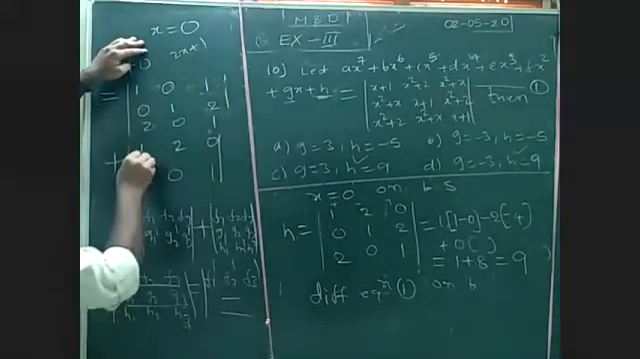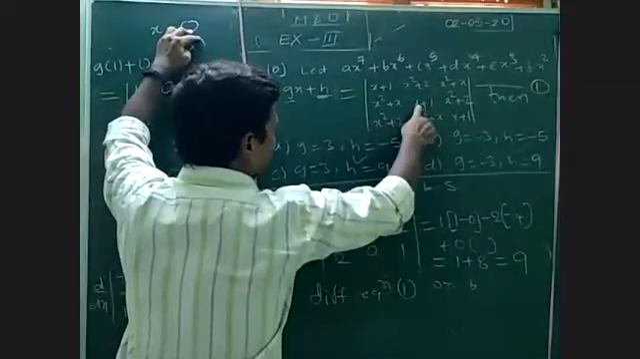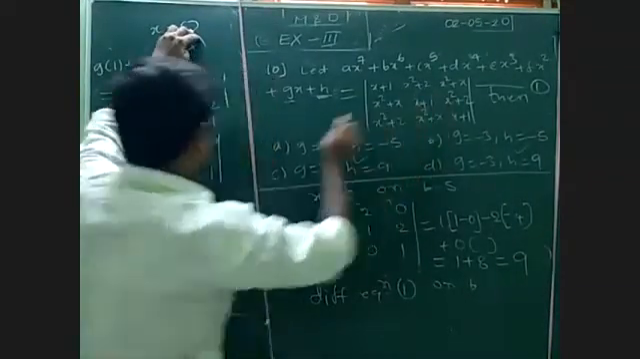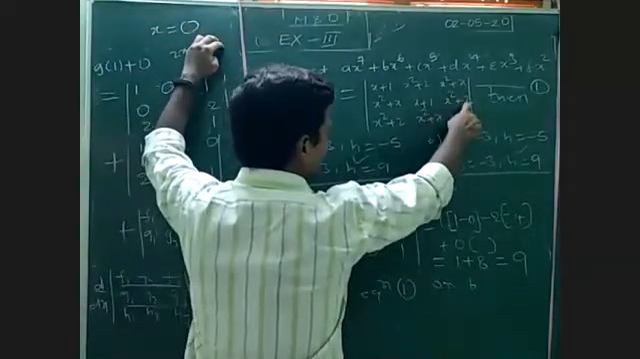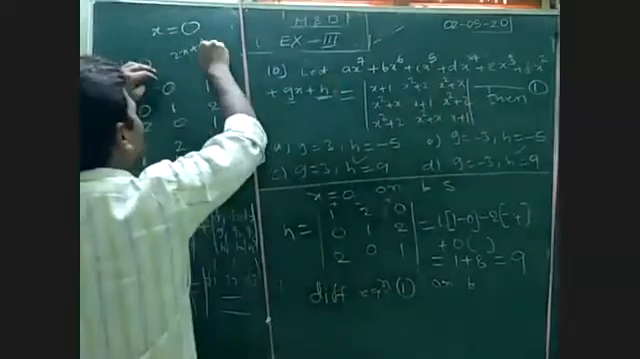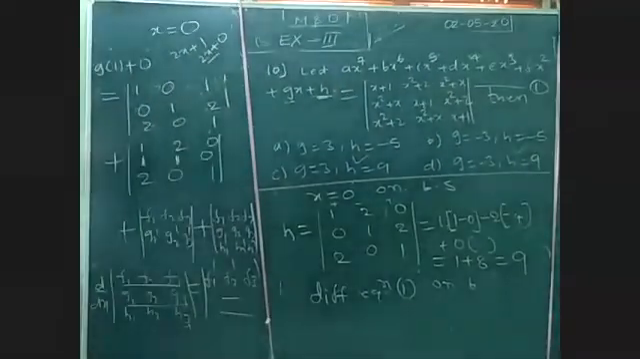2 into 0, 1. And the derivative of x plus 1: the derivative of x is 1, and of 1 is 0. So the constant's derivative is 0. For x square it is 2x, and the derivative of 2 is 0, so 2x plus 0. Nothing but put x is equal to 0. Yes, in the same way,